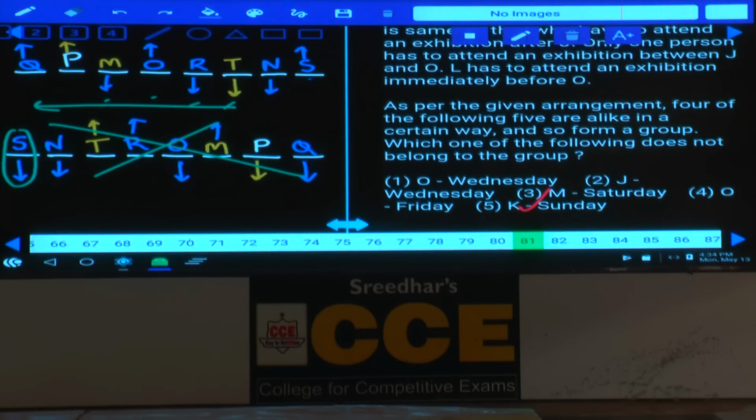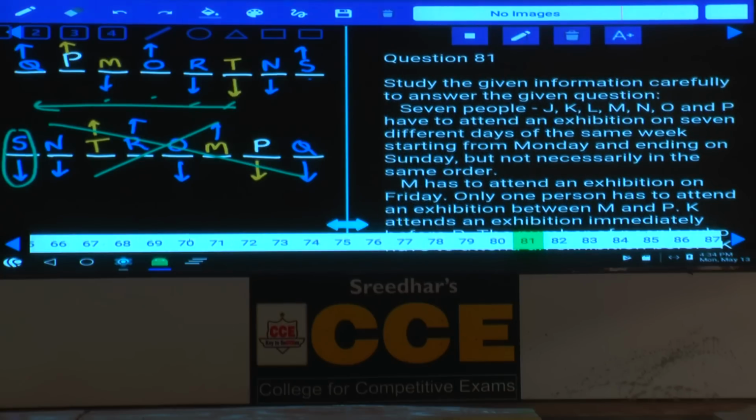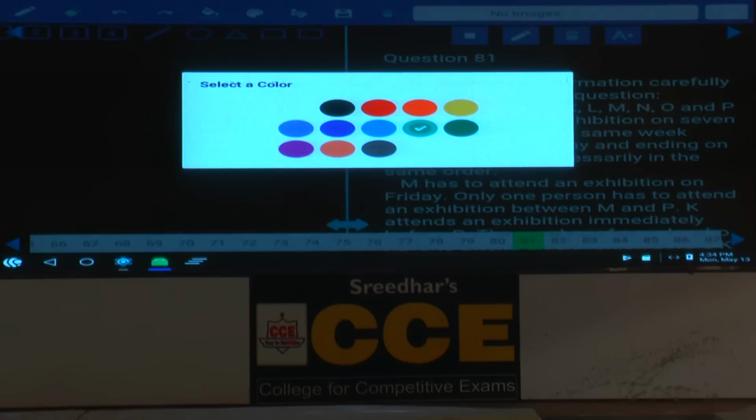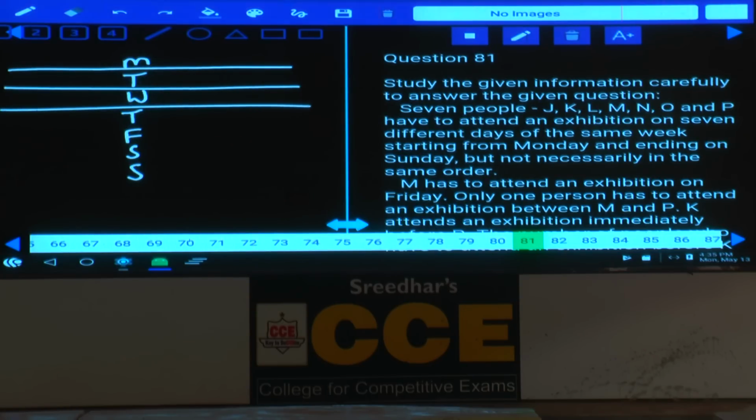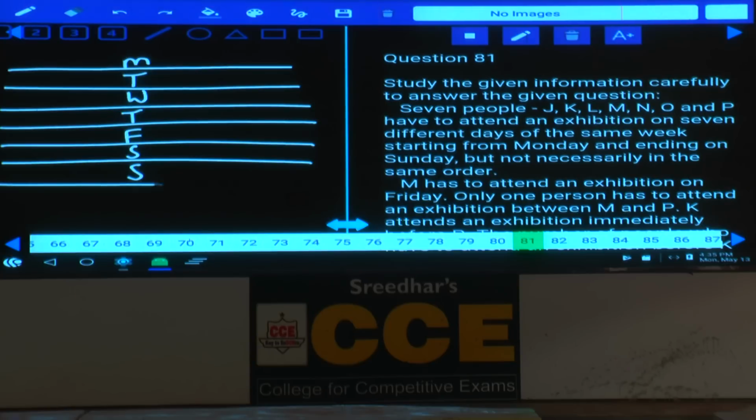Then 81 to 85. Now in this one there are 7 people who have to attend an exhibition on 7 different days of the same week, starting from Monday. Whenever months, dates and floors are given, first we need to represent them at the center. Starting on Monday and ending on Sunday: Monday, Tuesday, Wednesday, Thursday, Friday, Saturday and Sunday. Done? Now coming to condition number 1,